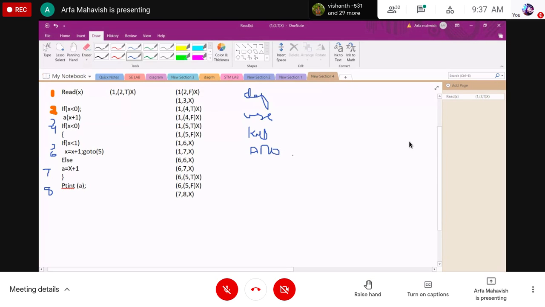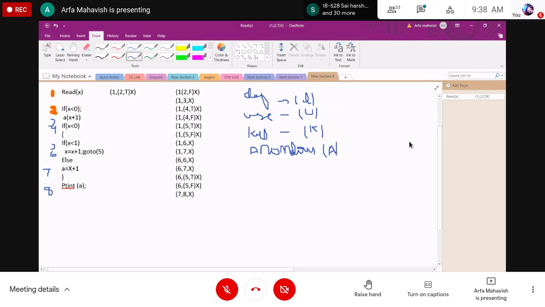Defined is marked as D, use as U, kill as K, and anomalies as A. An anomaly is nothing but a bug, guys. In simple terms, it is a bug.